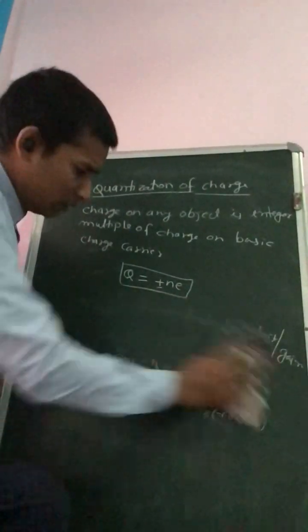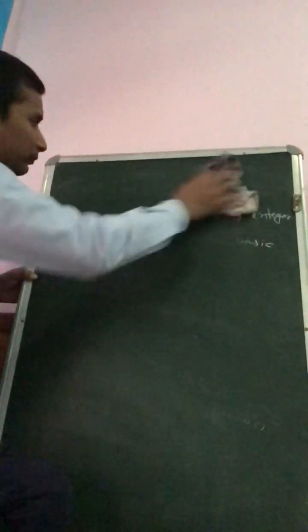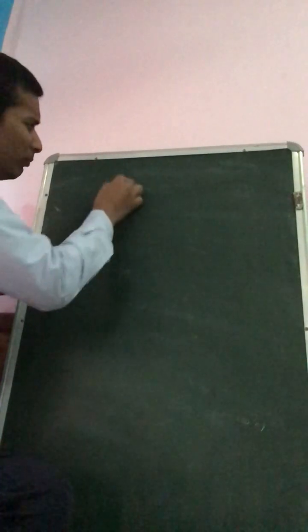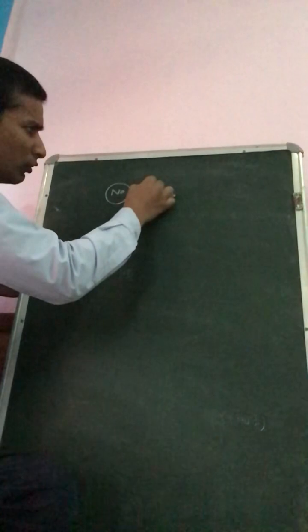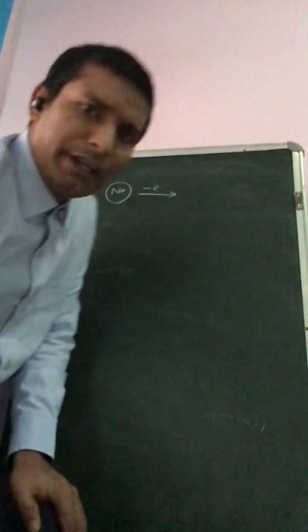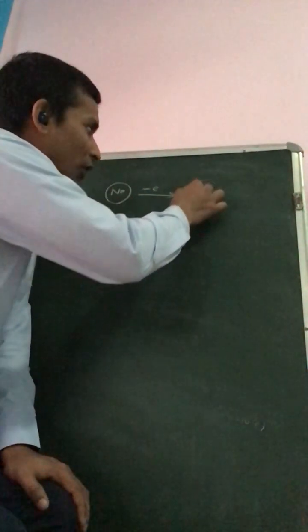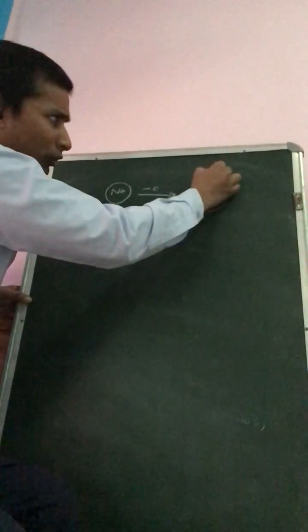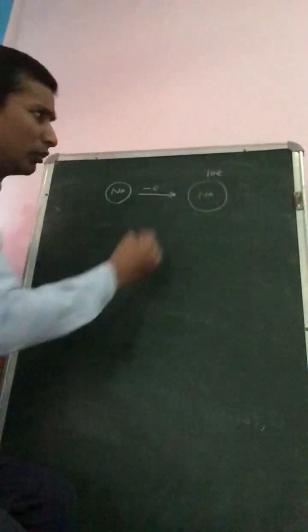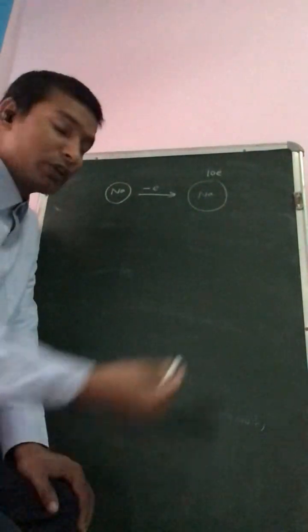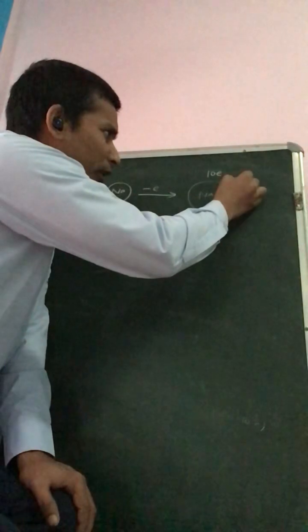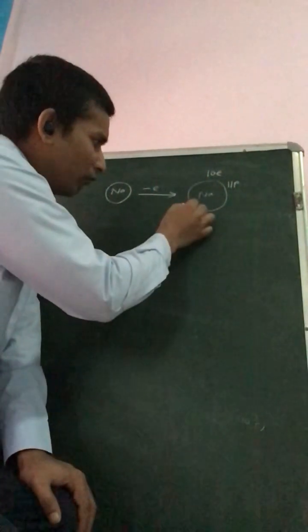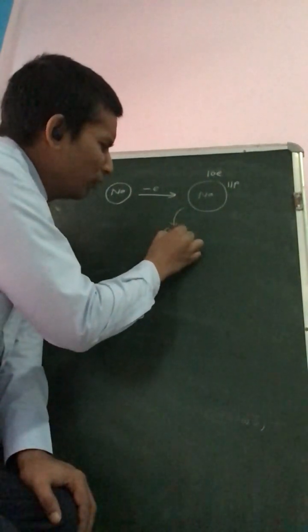So suppose if this sodium atom loses an electron, right? It loses an electron. So how many electrons now it will have? So 10 electrons, but the number of protons is the same, so number of protons is 11. Now what will be the net charge? So Q net will be